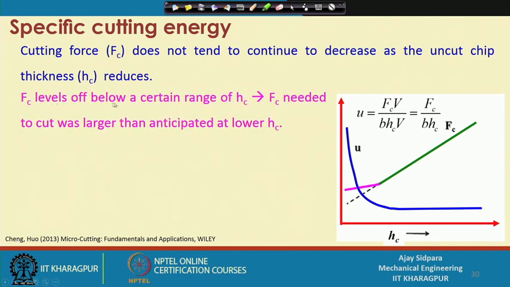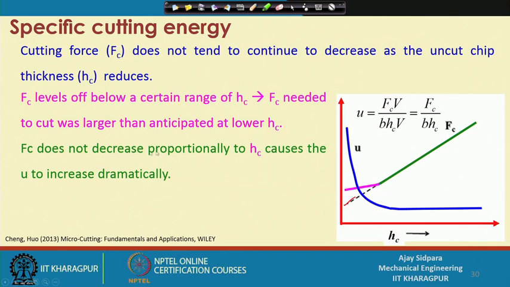Now, FC levels below a certain range of HC, that is what is happening here, and FC needed to cut was larger than anticipated at the lower HC value. So, we are following this particular line, but this line is not followed when you do machining at a micro scale,